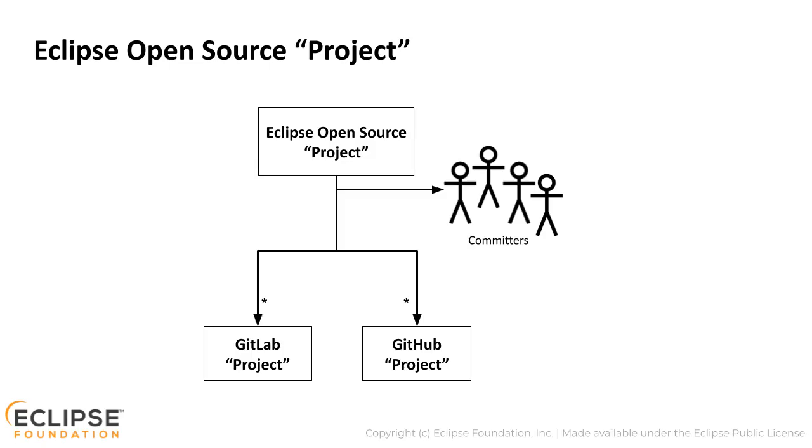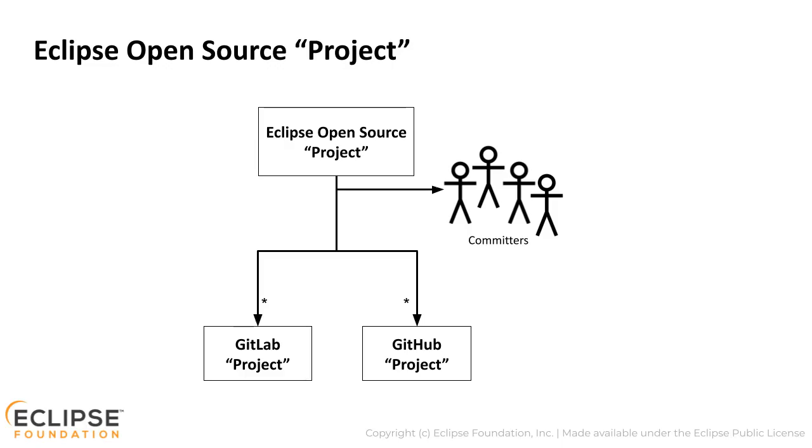Before we get started, we should try to clear up a bit of terminology. The word project is overloaded. When we use the term project, we tend to mean an Eclipse open source project. Where possible, we try to use the full term Eclipse open source project to mitigate confusion. The GitLab and GitHub worlds also use the word project. Even though the term is not entirely accurate, we often use the word repository to refer to GitLab and GitHub